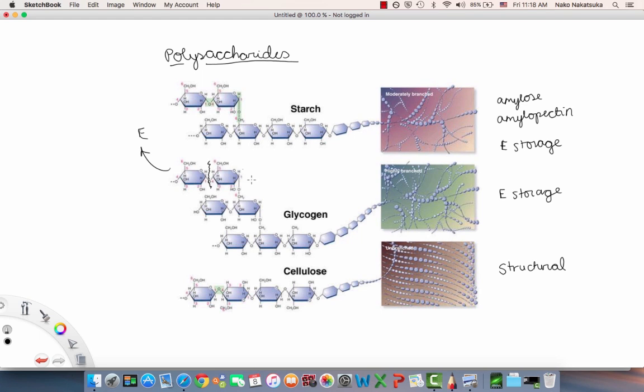I can also cleave this guy right here and use it for energy. So the more branched something is, the easier it is to cleave off a glucose molecule and use it for energy. On the other hand, when you have these unbranched structures, it's harder for cleaving to occur. And thus, cellulose provides structural support for many plants. And this concludes our chapter on carbohydrates, and now we're going to move to the